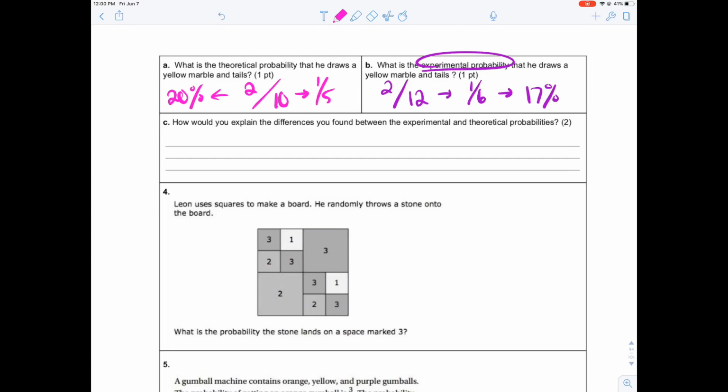All right. How would you explain the differences you found between the experimental and theoretical probabilities? So in this case, I would say there isn't too much of a difference because 20% isn't that far from 17%. But I want you to tell me, how would you explain the difference? Why are they different? Well, remember that there's room for error in experiments. Another thing you could say is something along the lines of